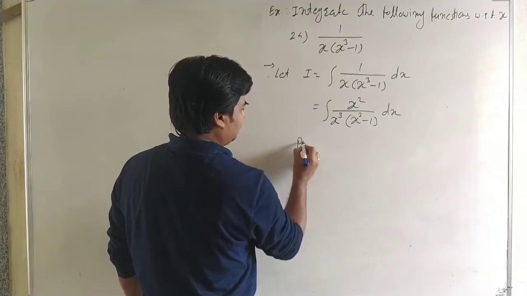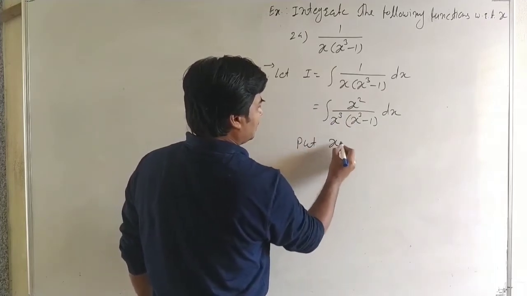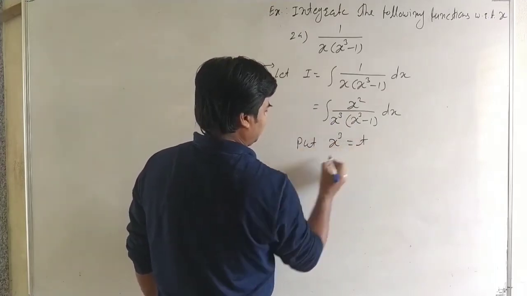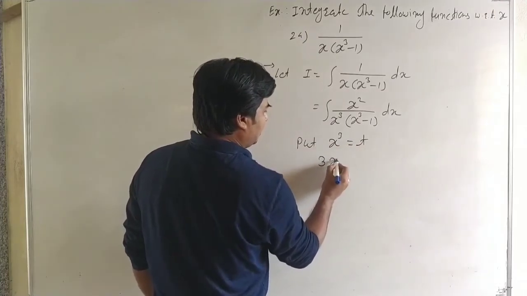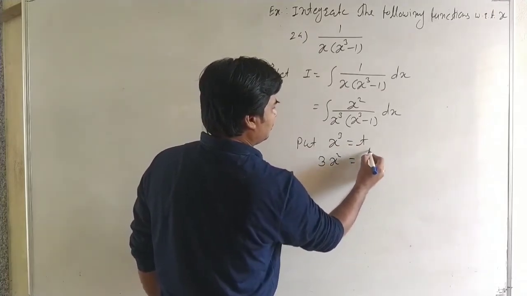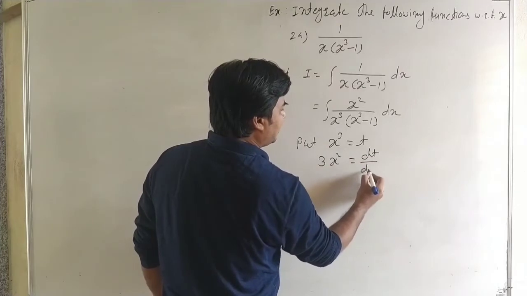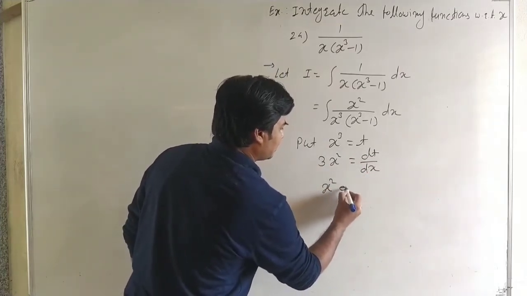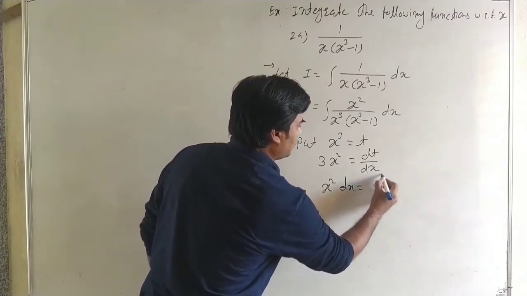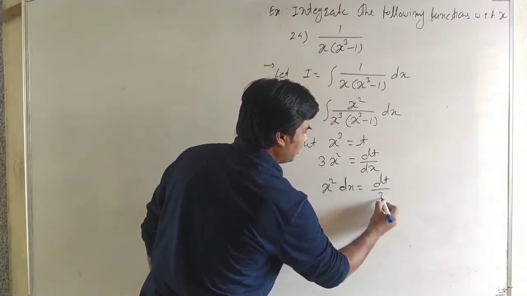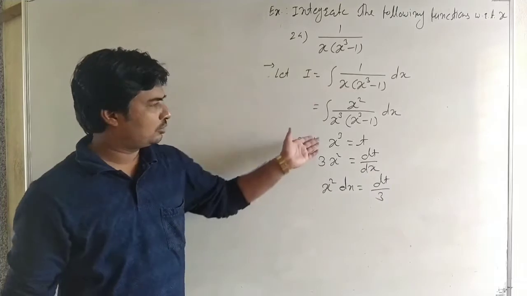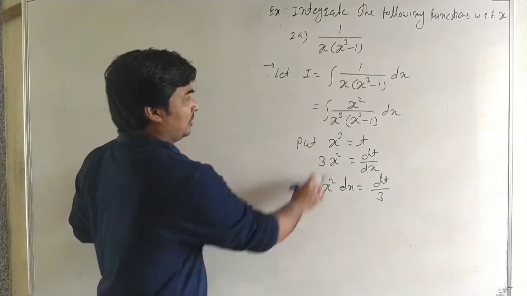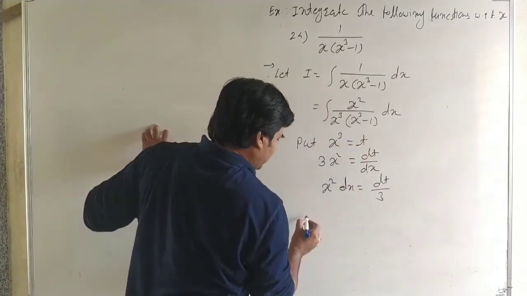Now put x cube is equal to t. Then 3x square is equal to dt by dx, and then x square dx is equal to dt by 3. Okay, same as the last example. In the last example, we also put x cube is equal to t. Now, x square dx is equal to dt by 3. Therefore, our integral,